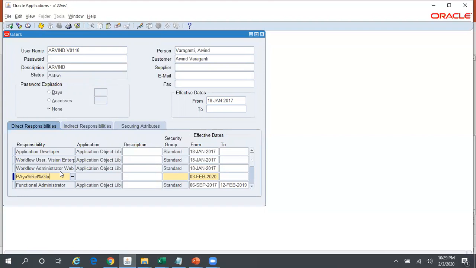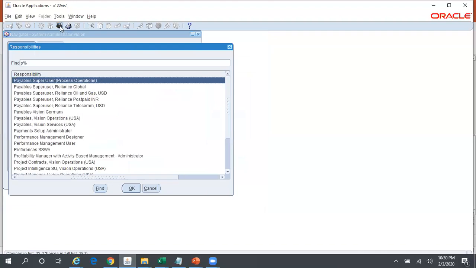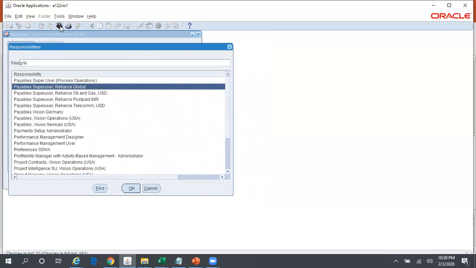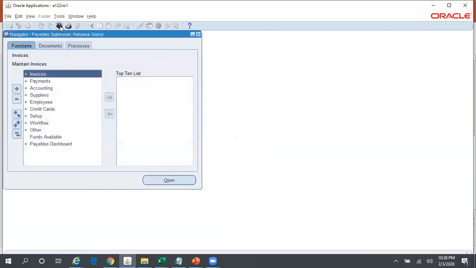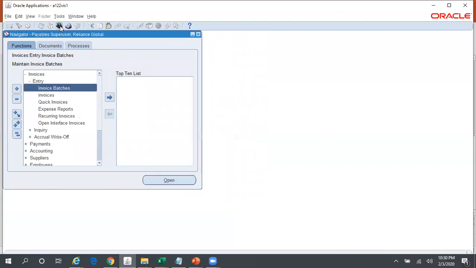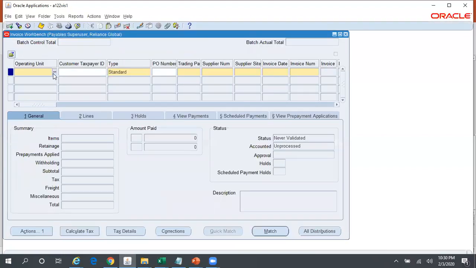Payables Reliance Global. Okay, now try to log into this particular responsibility and let's see. Payable supervisor Reliance Global. Go to invoices, entry, invoices, and you can see the operating unit is a drop down,